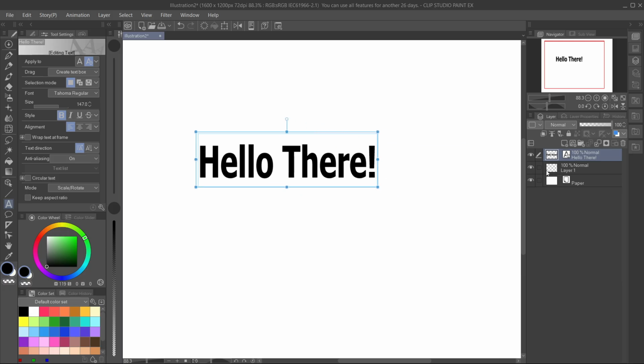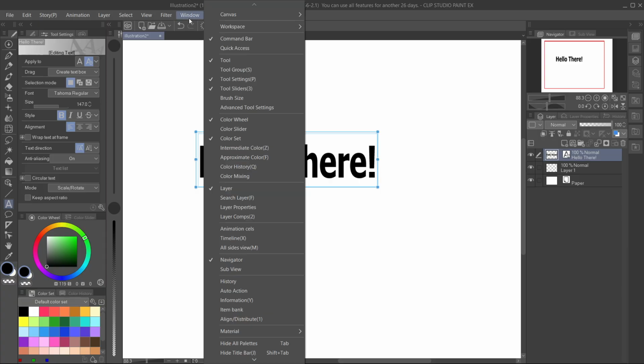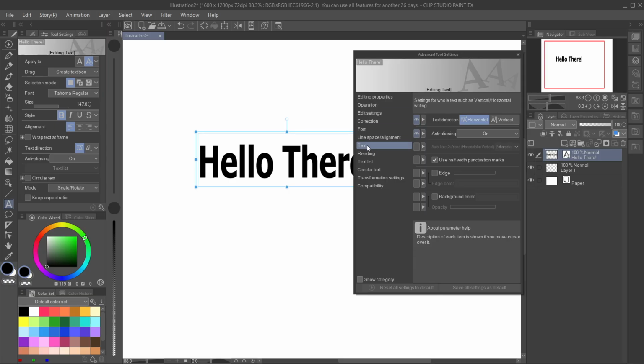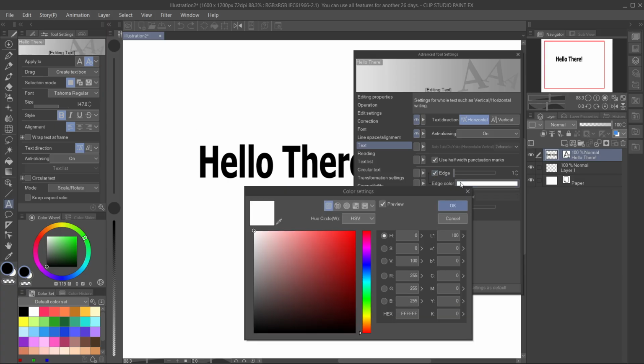You want to select your text, as in the text layer. You want to go to Window tab up top and click on Advanced Tool Settings. Then you want to go into Text over here, and you can see it says Edge. Now, if you click the check mark next to Edge here, you can select the color you would like your outline to be. For example, if I do like green over here like this, you can see there already is